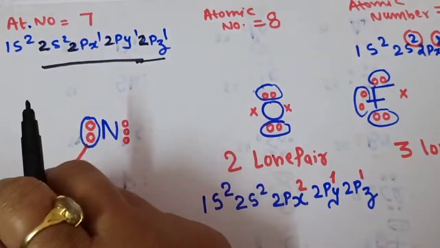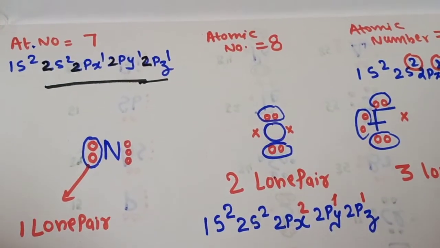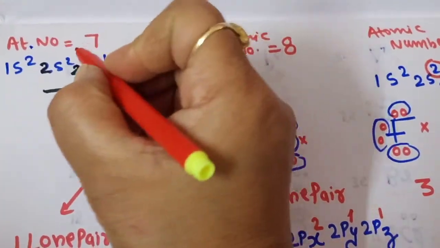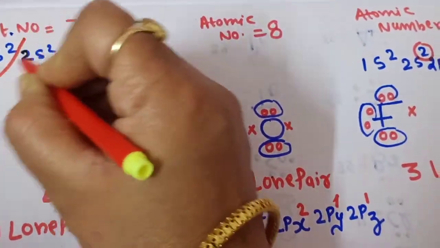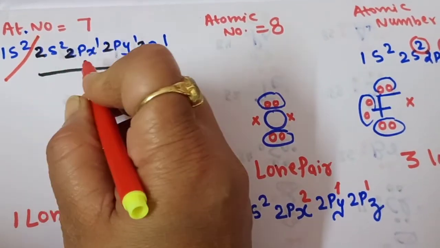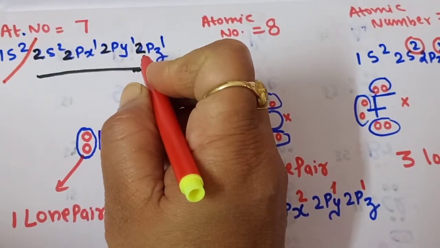Now you see how many electron pairs are there. Pair, you have to just see only the number of pairs. So you can see this 1s2 is completed. We will not consider this. This is the inner shell. Outermost shell is the second. As long as this number 2 is running, it will be the outermost shell.